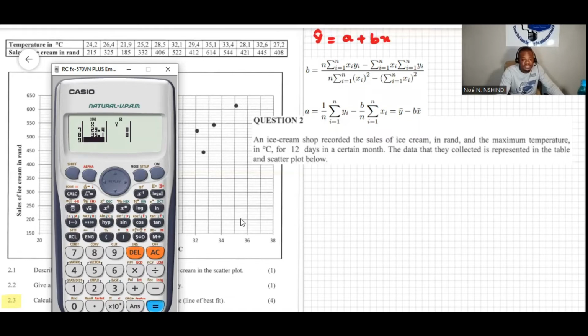35.1, enter, and then 33.3, 33.4, enter, and then 28.1, enter, and then 32.6, enter, and then 27.2, enter. Now, I can press this arrow button to move to the Y column,